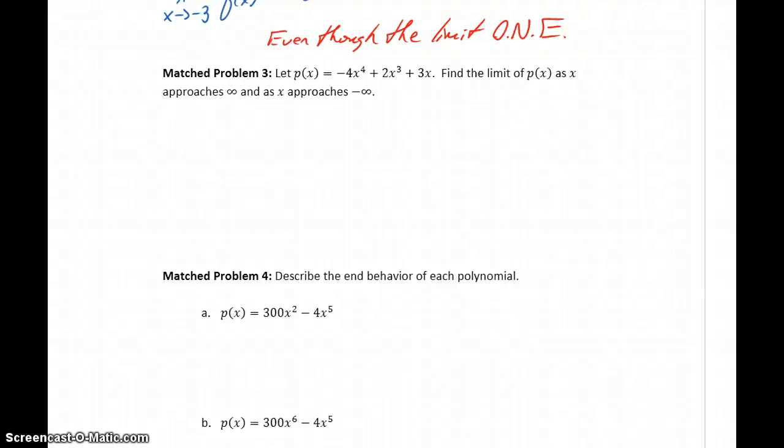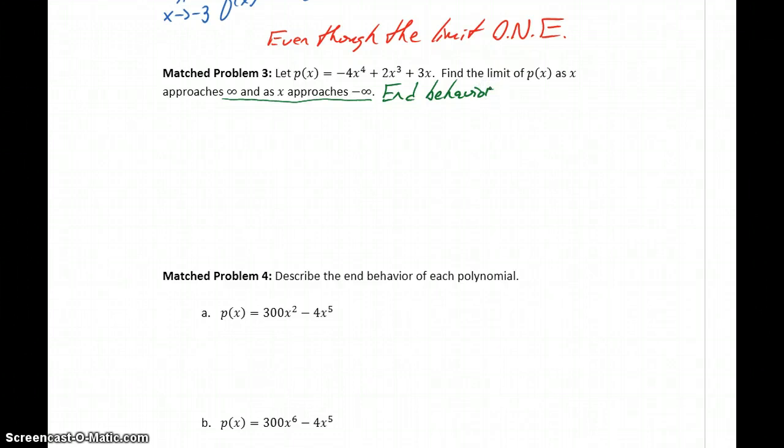So the last two examples dealt with infinite limit problems. Problems where the limit might end up being positive or negative infinity. With math problem 3, now what we're considering is what's happening to the function as x approaches positive infinity or negative infinity. This is exactly the same question as a question that would ask us to determine the end behavior